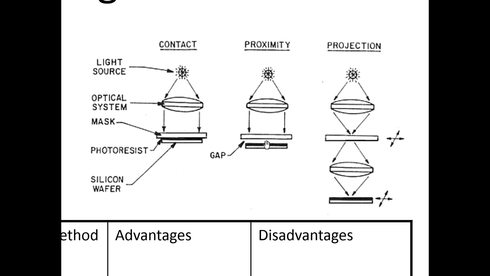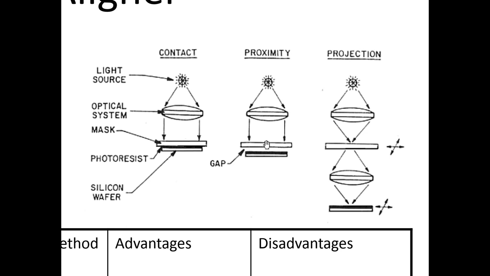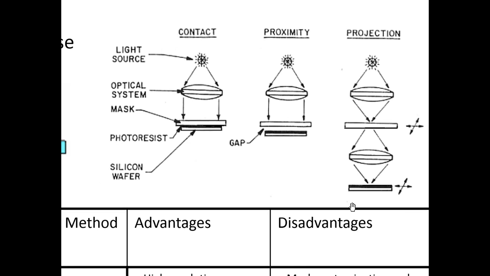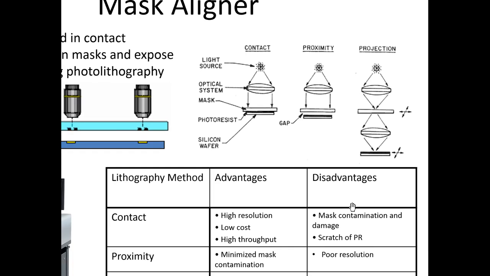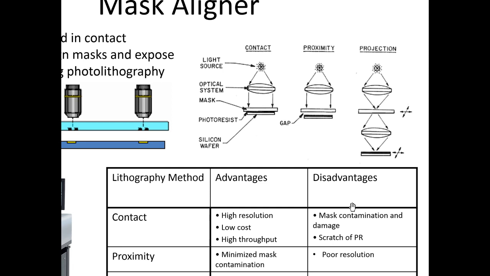And then finally, there's the projection mode lithography. The projection mode lithography uses a series of focusing elements to first converge the light, and then diverge the light, and then converge it again on the substrate here. Now, this projection mode again makes sure that the mask does not necessarily have to be in contact with the